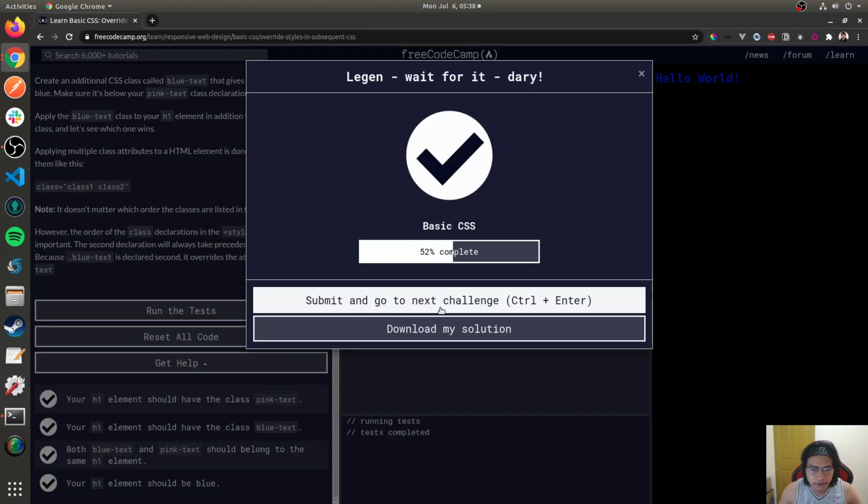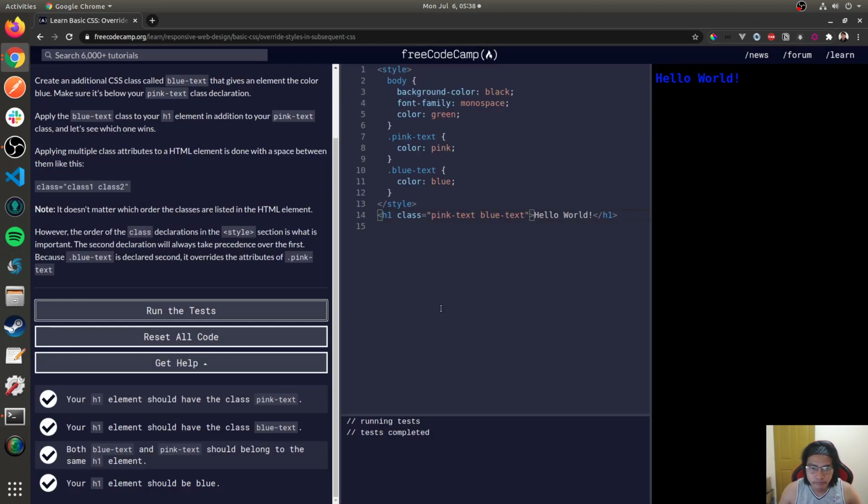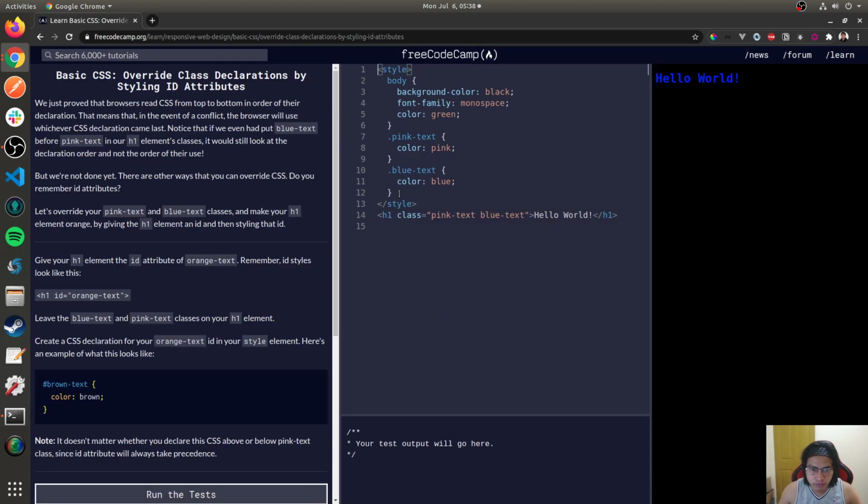Run the tests. So the color that was used was this blue text. It was this blue-text class. We just proved that the browser reads CSS from top to bottom. In our declaration, that means that